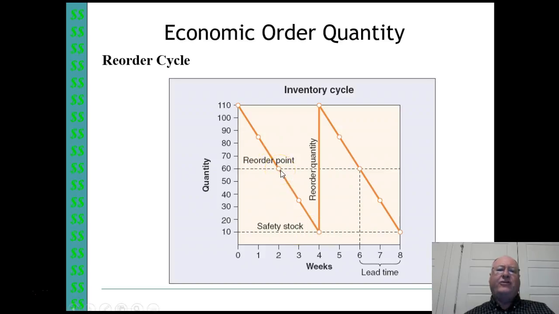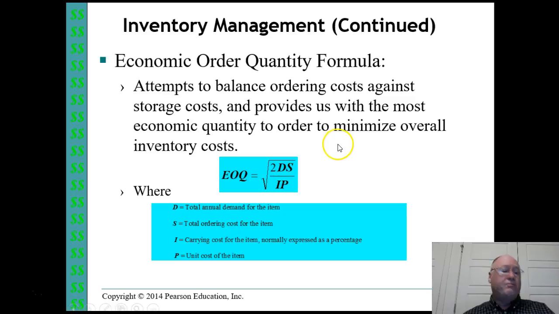That then allows you to calculate what your maximum inventory quantity is and when you need to reorder that inventory. So this can basically be figured out using a formula. What this formula does is it tries to balance the ordering of your inventory, your ordering costs and your storage costs, and what the quantity is. And again, don't get too hung up in here, other than just understanding that there is an economic order quantity